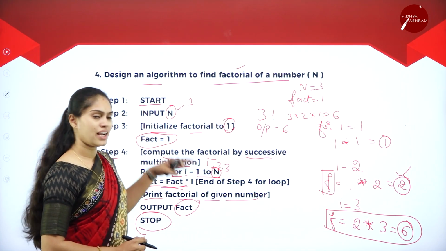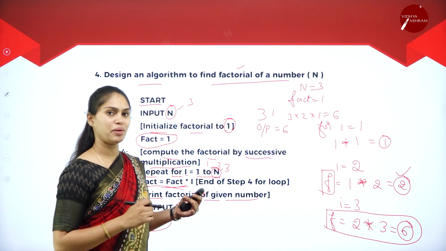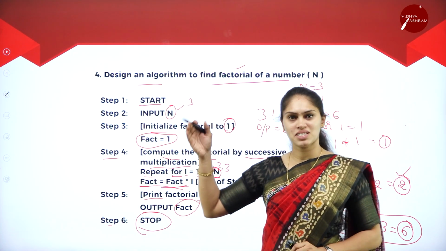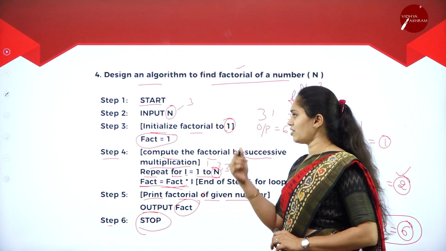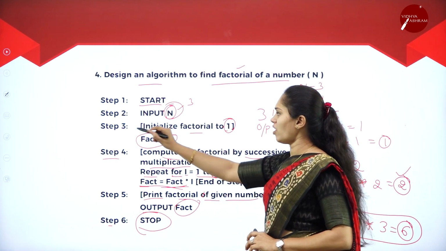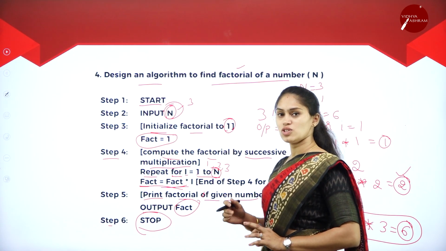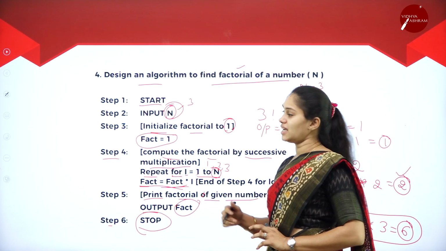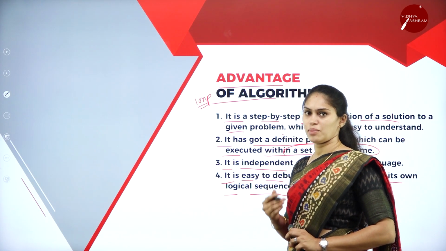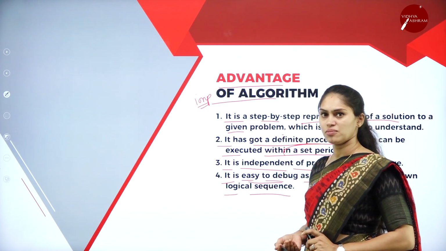If I find any error or any mistake, at that time it will be easy for me. Why will it be easy? Because here I have a step-by-step solution. If I get to know that I have made a mistake in step 2, then no need to worry about all the other steps, right? I am just going to make a correction in step 2 itself, so that it will be a step-by-step representation of a solution, so that it will be easy to debug.